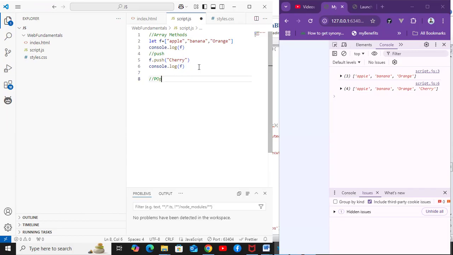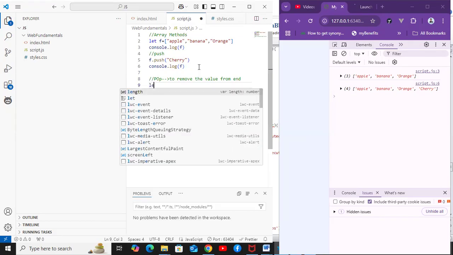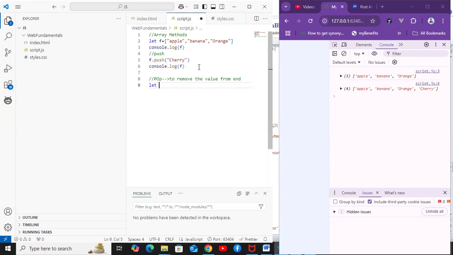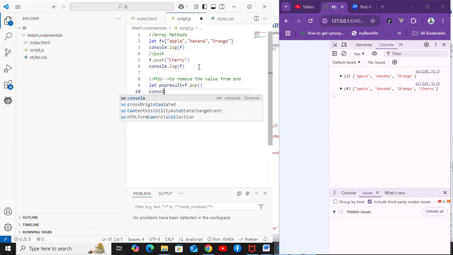After push, I'll show you the pop method. The purpose of the pop method is to remove the value from the end. To make you understand this, it will return the output as well. Let's suppose I want to store the result in one variable, pop result. I'll say f.pop. F means our fruits array. I will print this output. console.log